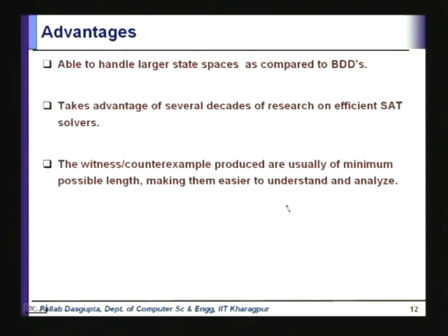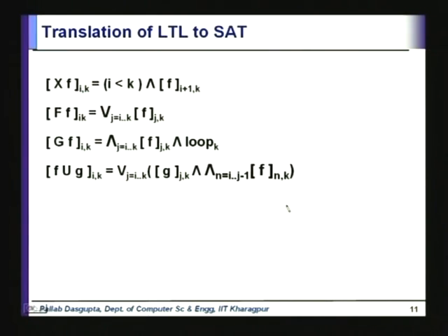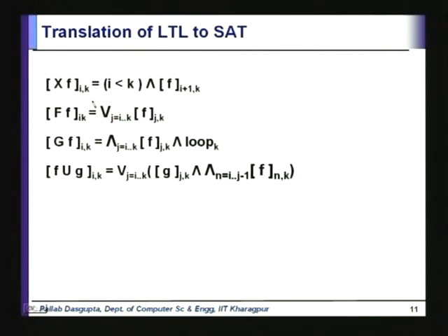Now, that is all about this bounded model checking. You see that with each of these rules we are dropping one of the temporal operators. So, you have a finite number of temporal operators in your property, and eventually you are going to be left with only booleans. When you are left with only booleans, you have generated the set of clauses. So, given k, you can use these rules to generate the set of clauses